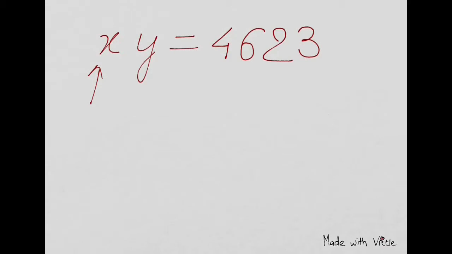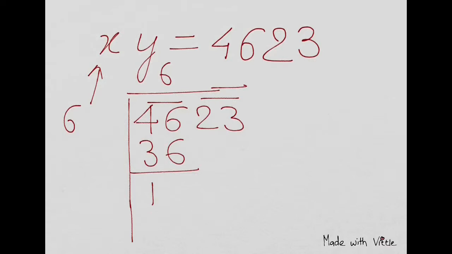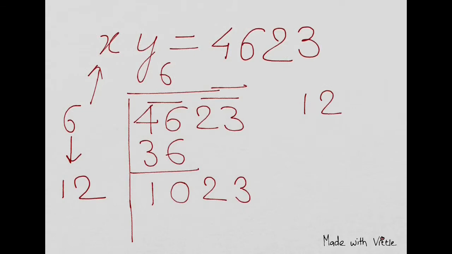First I'll show you how to use the older method to get the square root. Exactly, you will not get the perfect square root, and that will only decide that you are getting the answer. So we'll keep 6, 36. I think you know this method. This is the old method, and I'll tell you the newer method also, which will save even more time. So 36, 10 left, 23 here. Now double this, 12 comes here. So what will be multiplied with 12 to get around this? So let's take 8.